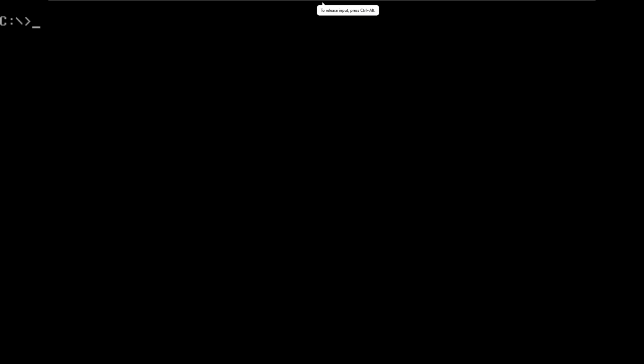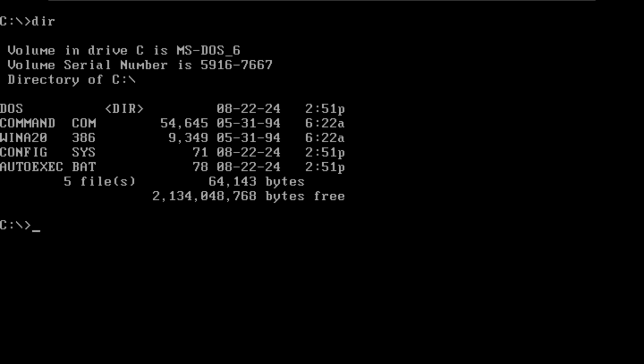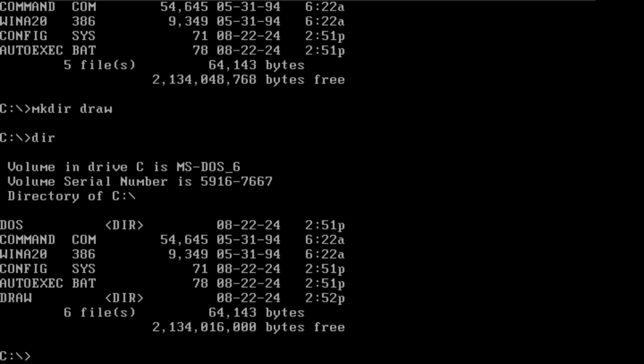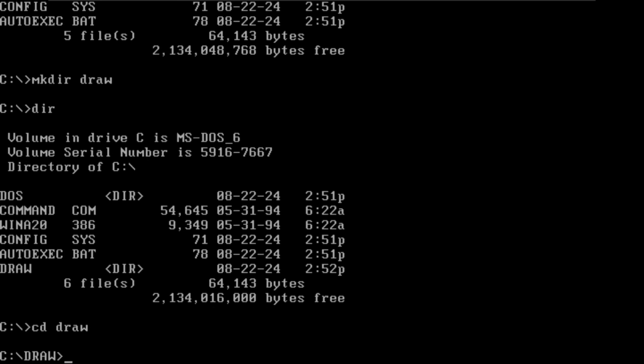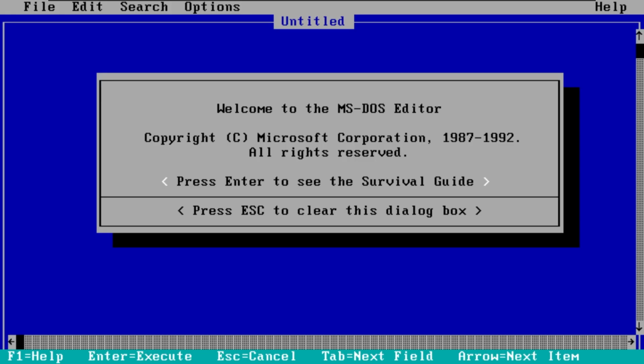So now I'm going to show you some basics of how to use it. Click on dir for seeing the directory. You can create mkdir draw. Okay, now just select dir and you see a directory named draw on top. You can actually select cd draw to go to draw, cls to clear the screen, and you can press edit,